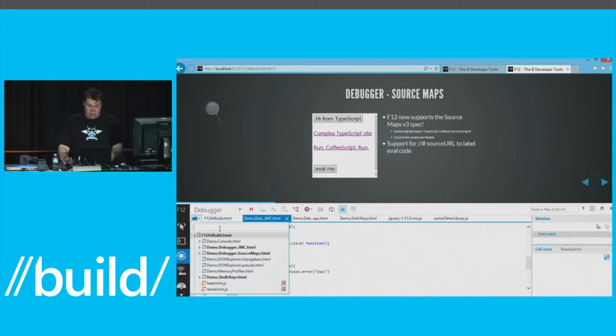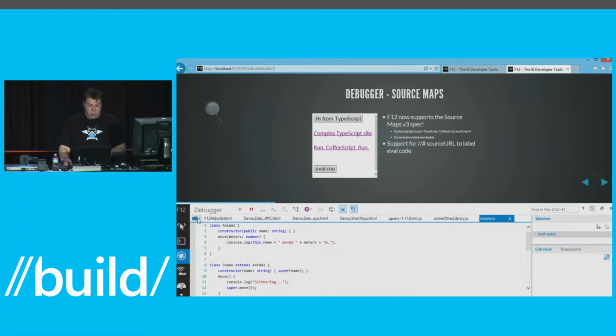I've got a TypeScript app, and I can search for it. And you can see straight away I've got this simple.ts file. We even do cutesy stuff, like have a little icon for it. But more interestingly, this isn't the code that's executing on my page, sorry. This is my source code. This is what I typed in TypeScript before I compiled it. And when I compiled, it generated that JavaScript file that's running now, and it also generated that map file that